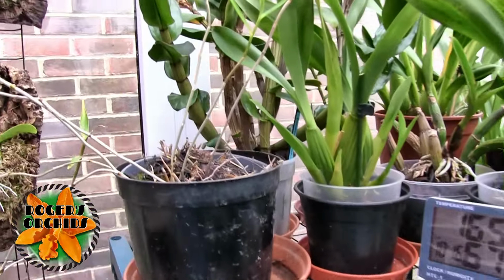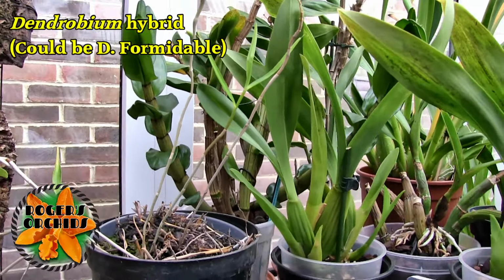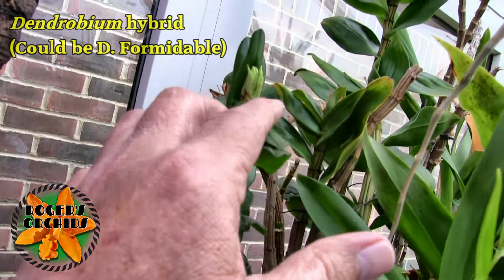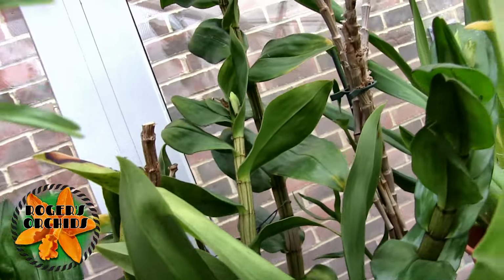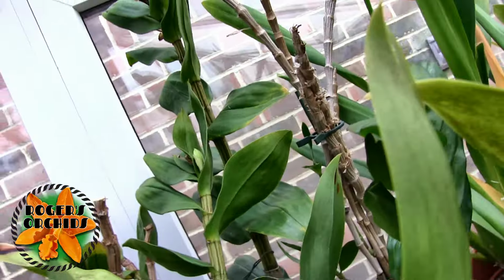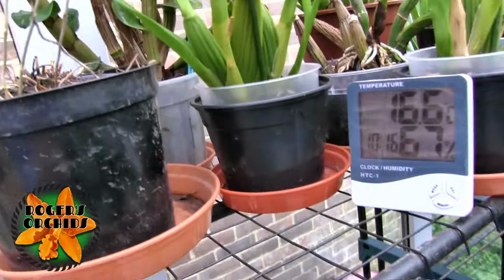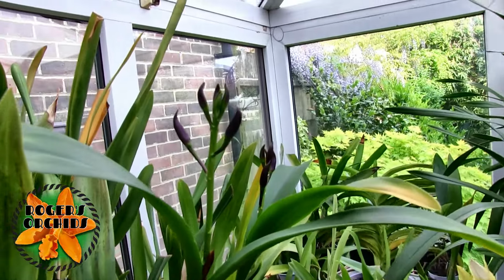Now, up the back here, this black hair type Dendrobium, the two latest canes, which have not grown as big as previous canes, but they both have buds. So we've got buds here and buds over here as well on the top of that cane, so that you can see where the buds were on the previous cane. So we've got buds on that. We've got buds here, and